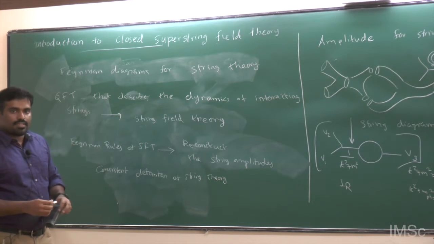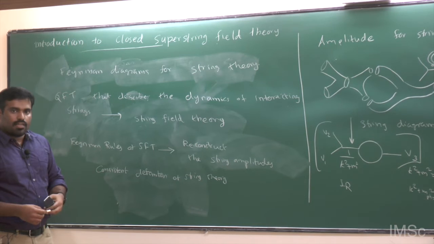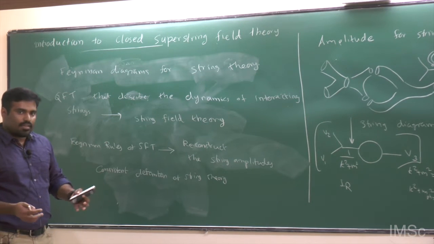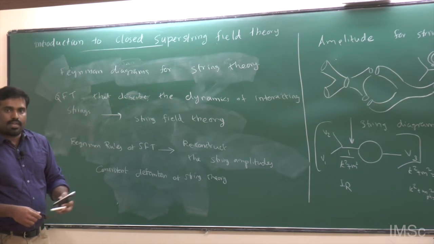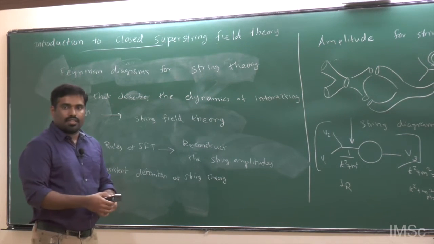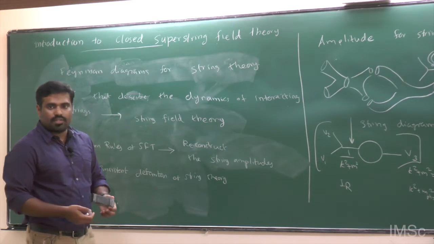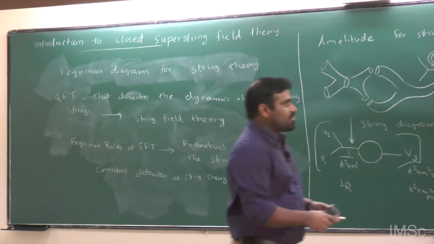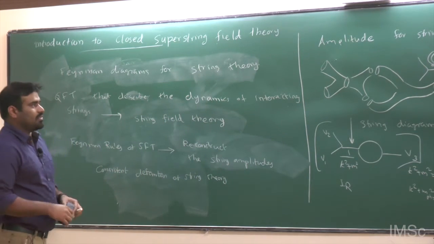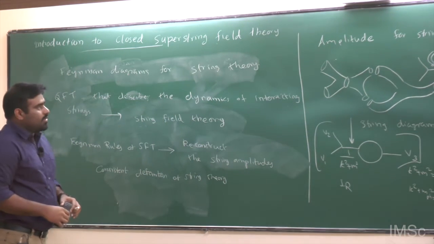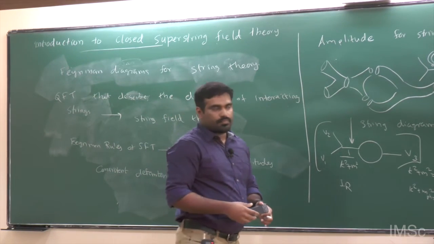If your string field theory is simple, then you can solve it and get non-perturbative information. And if your string field theory is very complicated, then it is just like in usual quantum field theory, right? You have the standard model and you don't know how to really solve it. You haven't solved confinement directly from the standard model, right? So the situation is the same. That depends on what kind of string field theory you really get.